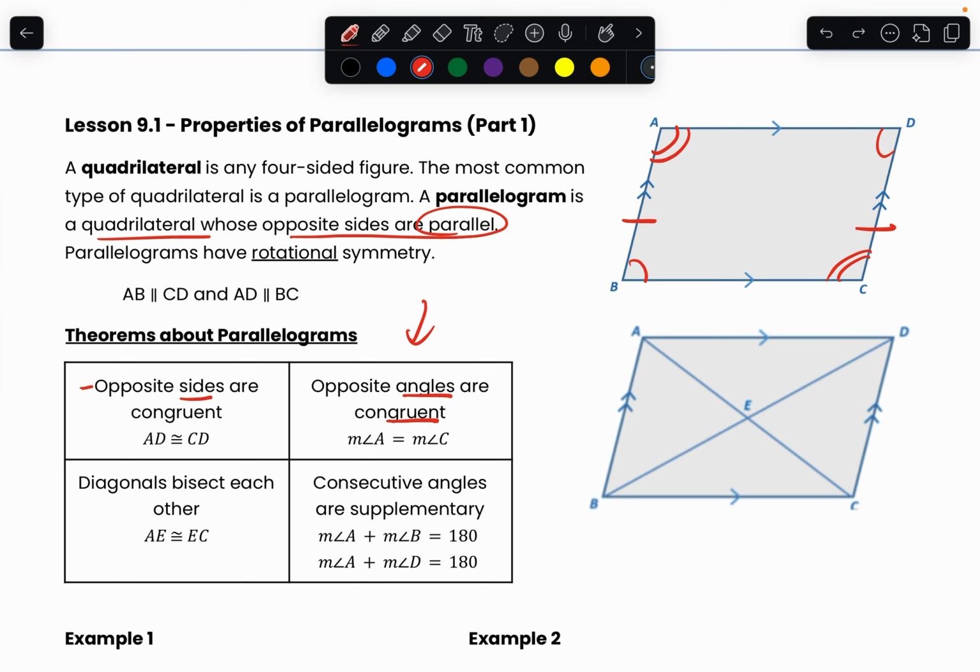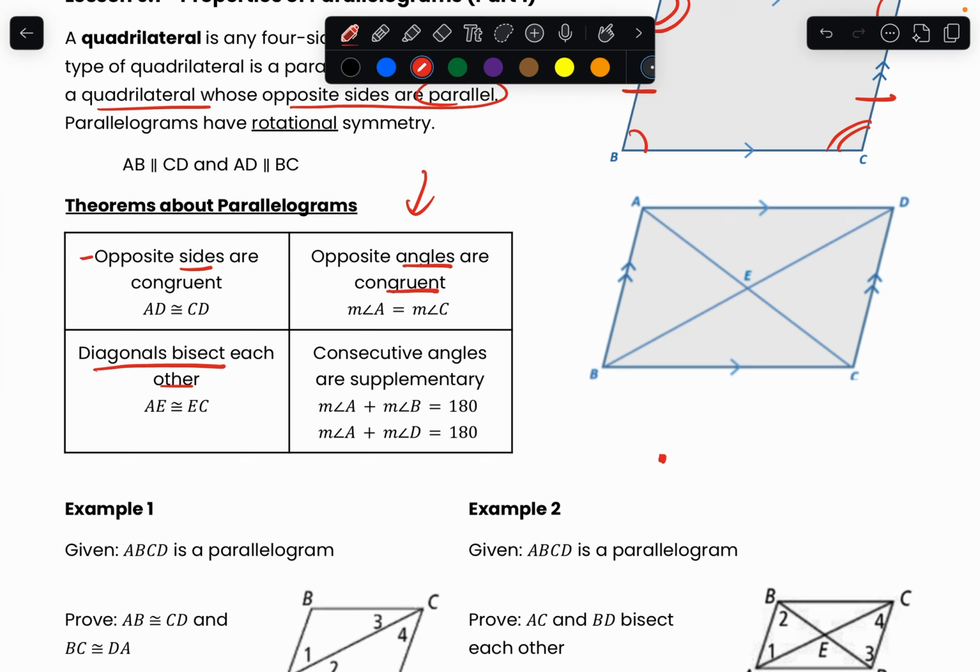The third one is that diagonals bisect each other. Usually when we talk about a line, if we have a line here, and we're talking about a line that bisects through this line here, then this bisector cuts your original line in half. This means if this is 1 here, this will be a 1 here. It splits your original line in half. When it says that diagonals bisect each other, it means that when they bisect the lines, it makes them into halves.